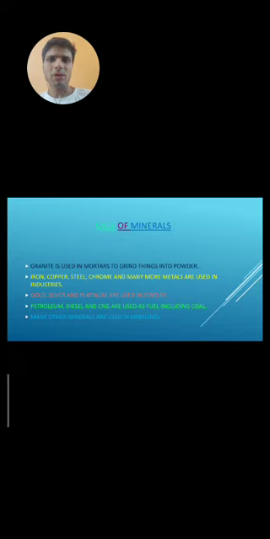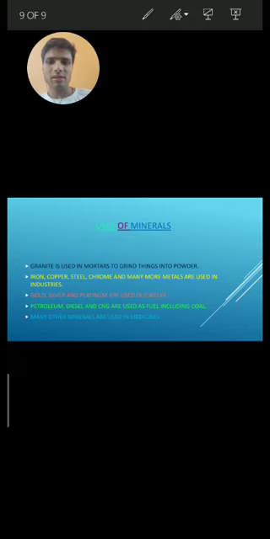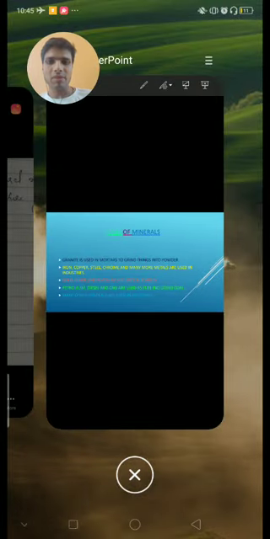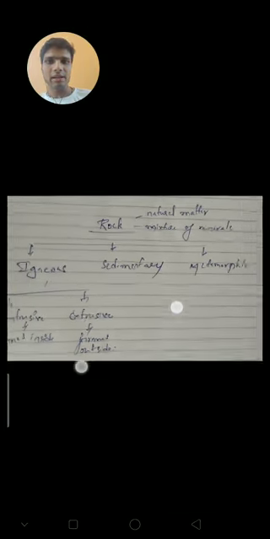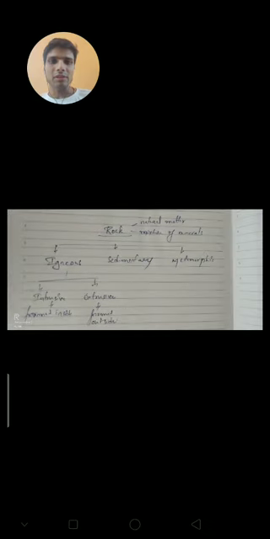Let us again summarize everything we have learned. Basically we have two parts in this lesson. The first part is about the layers of the earth. We had three layers: crust, mantle and core. Then we learned about minerals which are found in the three layers and their temperatures. And then we learned about rock, natural matter that is a mixture of different minerals. And then we learned about the types of rocks, how they are formed, and their examples. So this is about rocks and the rock cycle, and this is the overall lesson. I hope you are very clear with this.